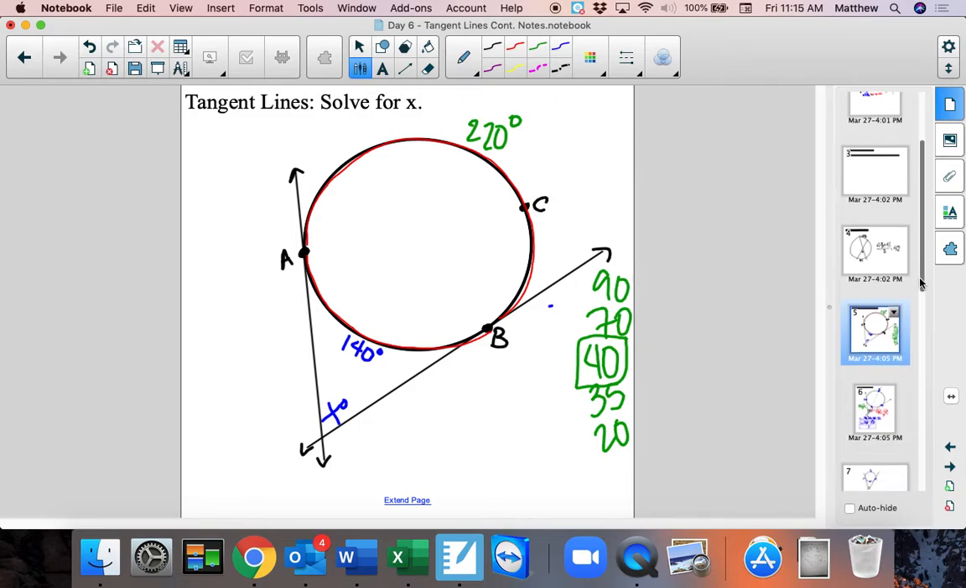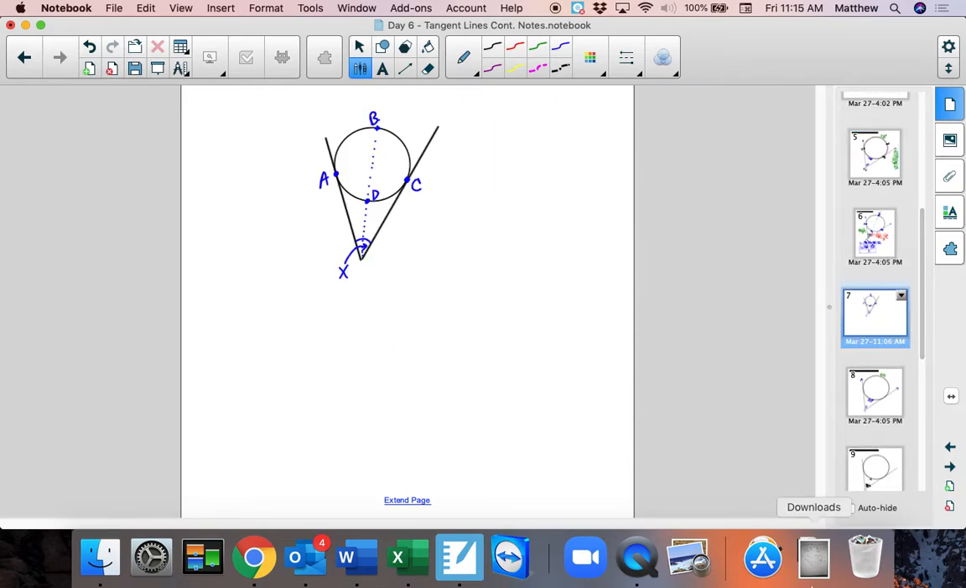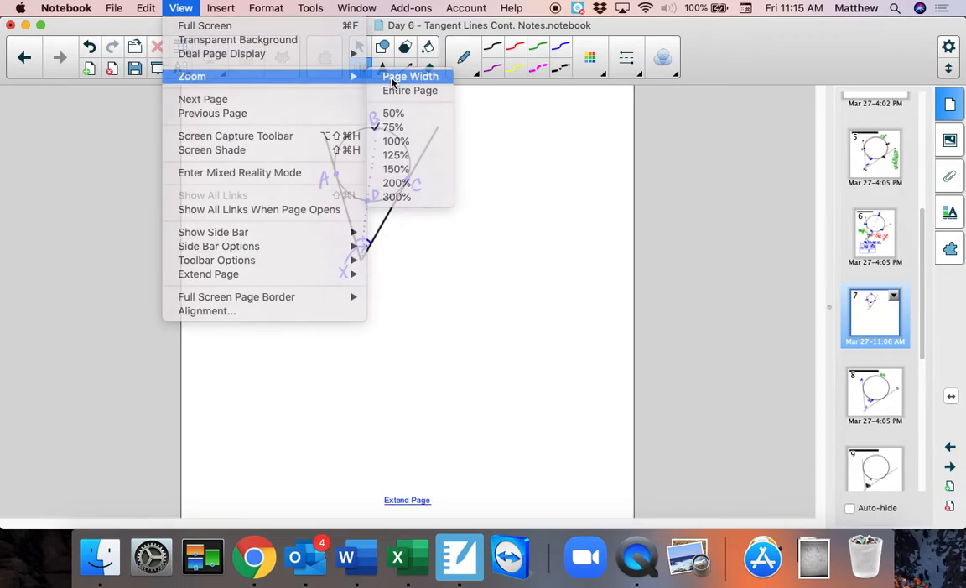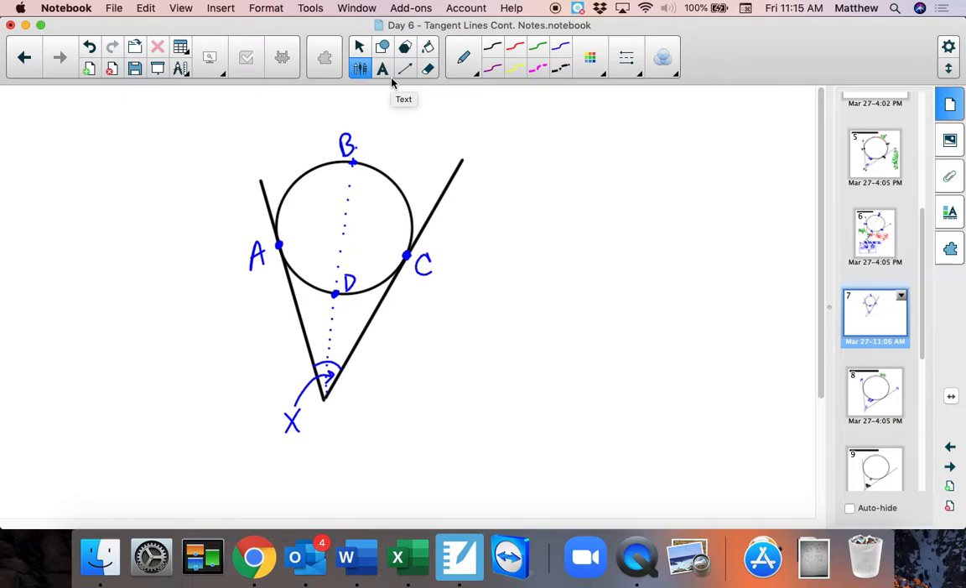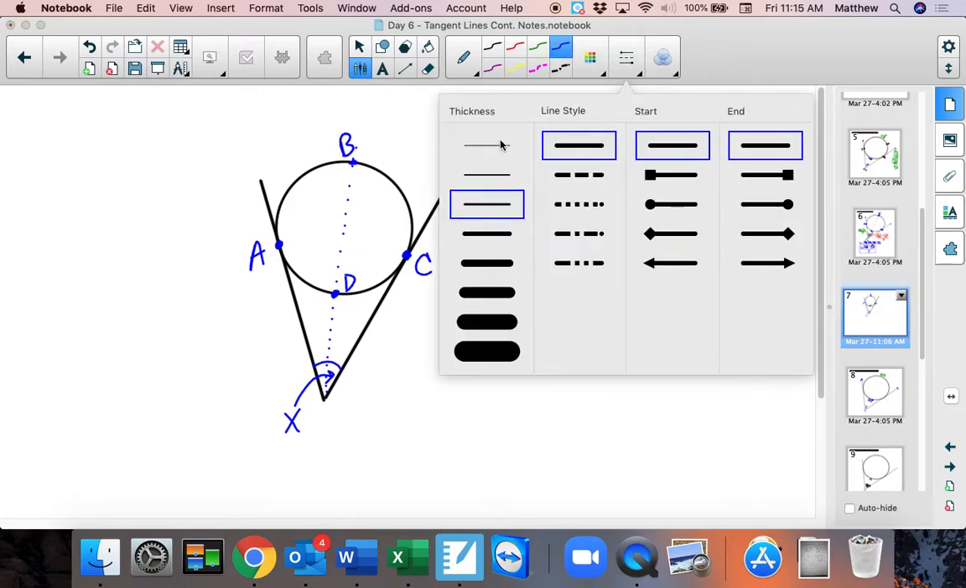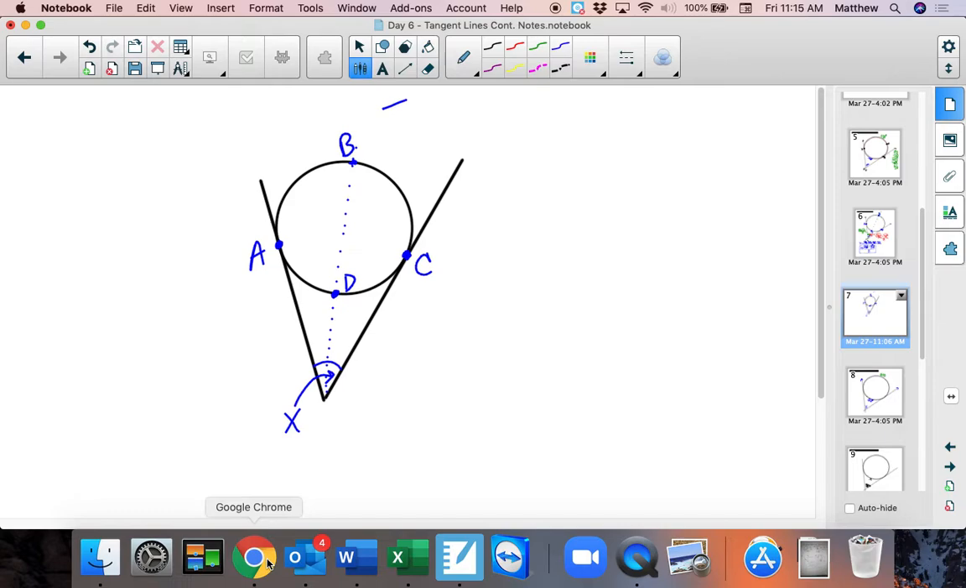So going back here, let's see if we can prove this. So view, zoom, go back to my page width. So if we were to label this graph here, you see that we've got a tangent line that intersects at A here, a tangent line over here that intersects at C, touches the circle. They intersect down here outside the circle, creating this angle X. Okay, and then I just drew a dotted line